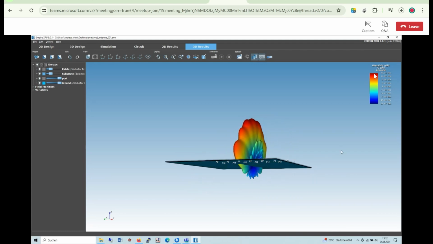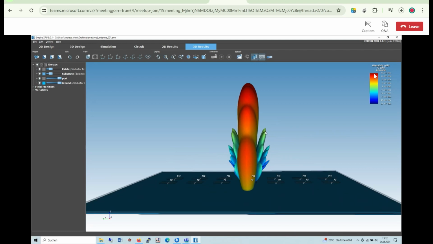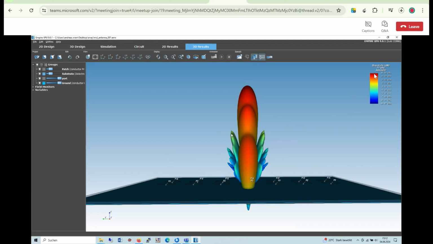But especially in this direction here, you see there are quite high side lobes. You see that the side lobes have an amplitude of about 3 dBi, and this is not good for a radar because it would have ghosts in your view. So our next task is to remove the side lobes, and this can be done